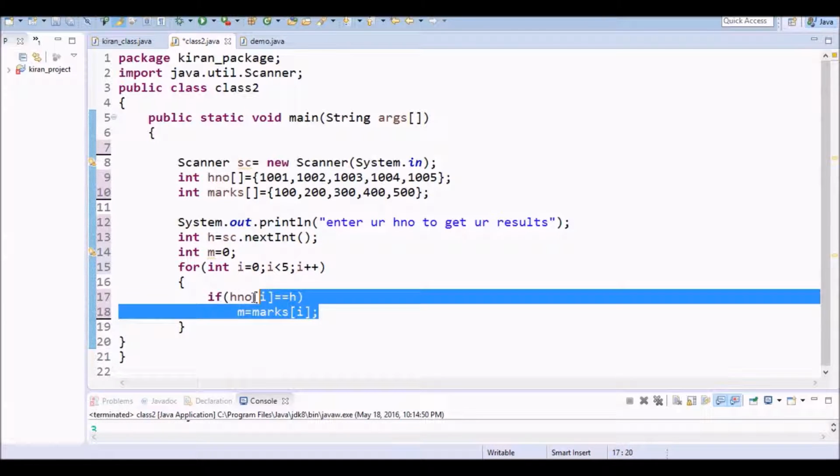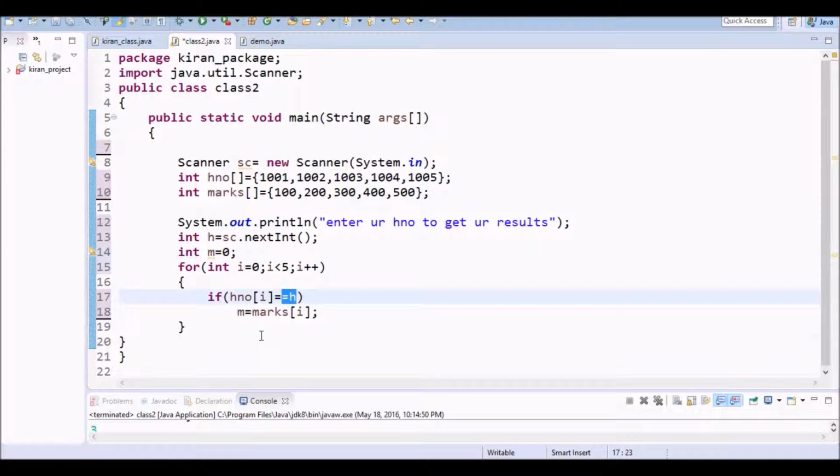So this is the logic. If hall ticket number is equal to what I have entered, then for the variable m, the marks will be marks of i. Now I am going to print it.